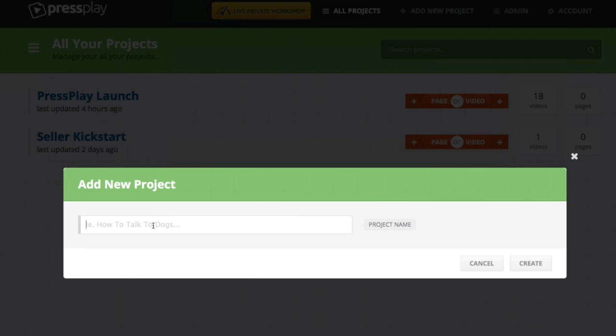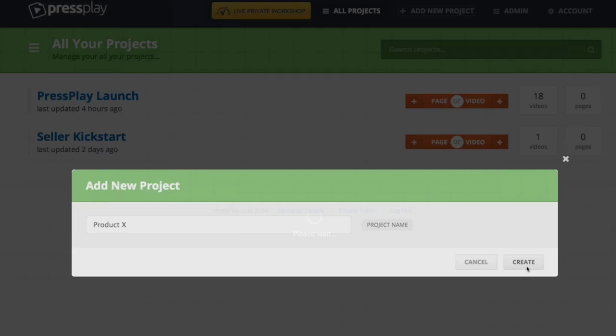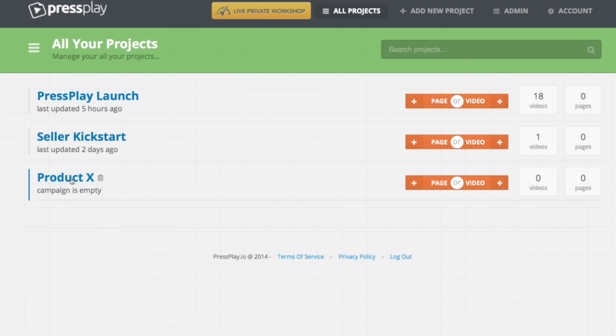I'm going to create a project. I'm just going to call this Product X, just as an example. As you can see, it's right here, and there are no campaigns right now. Now you have two different options. You can create a full-blown video landing page that will have a video on it, or if you want to just create the video with those smart controls that we talked about, you can create just the video and then embed that video onto any page that you want to. But for now, just to show you the full range of controls, I'm going to create a page,